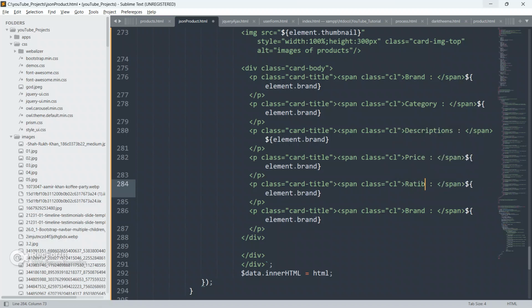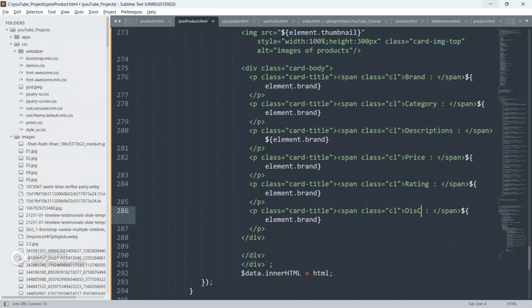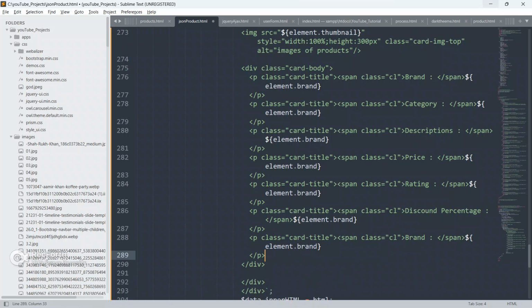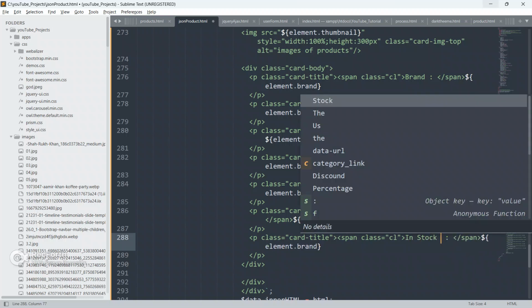Okay, and rating, and discount percentage, and paste one more time, give it as in stock.